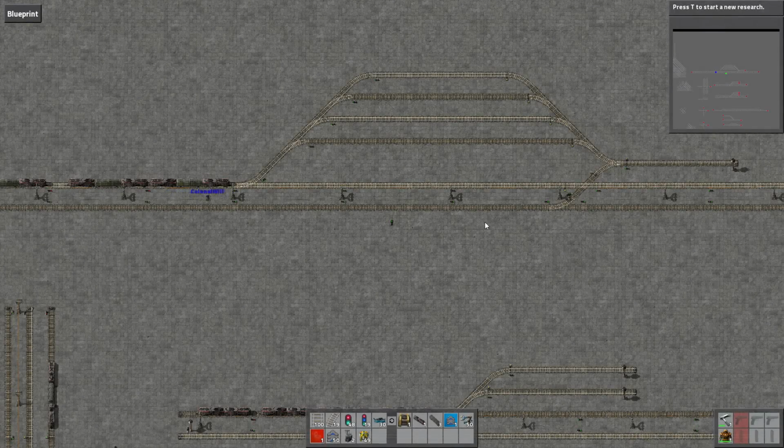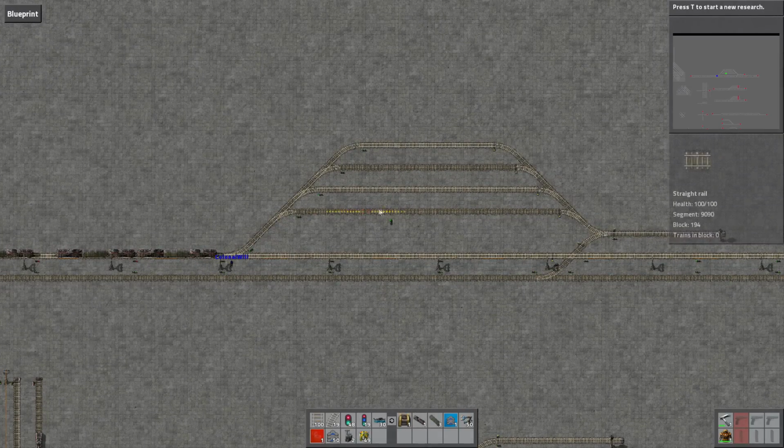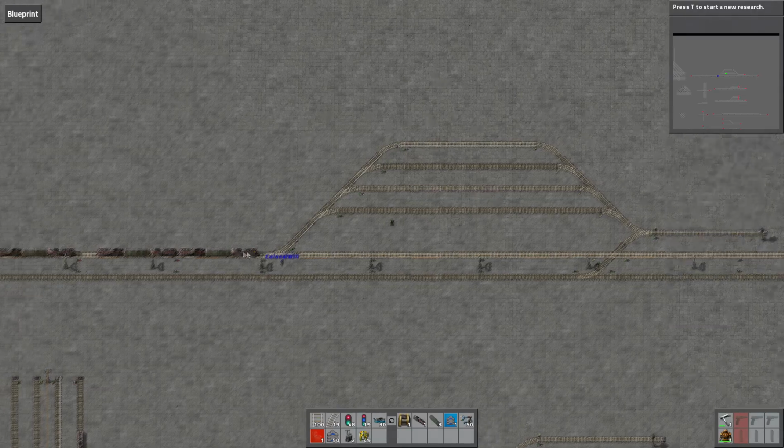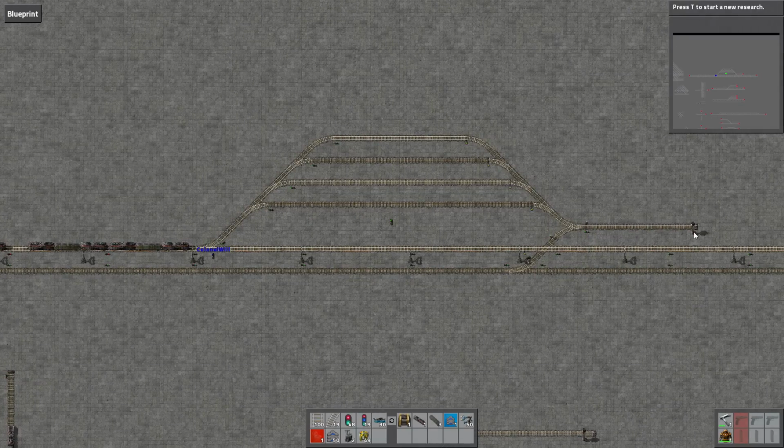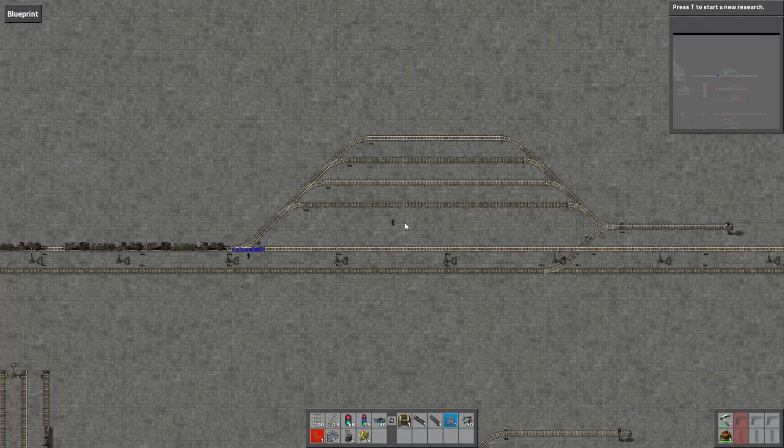So in this example here, we've created something that's called a stacker. And as the name suggests, it's a stack of rails that we can see running horizontally here. You could have this vertical, doesn't really matter. But what this allows us to do is have trains that are waiting to get to a station, so they're going to be coming to the station over here. It allows them to wait for that station and not be blocking up the main line. So Will's going to run this first train,